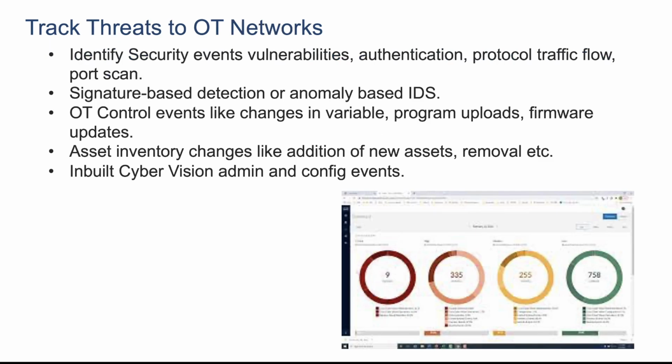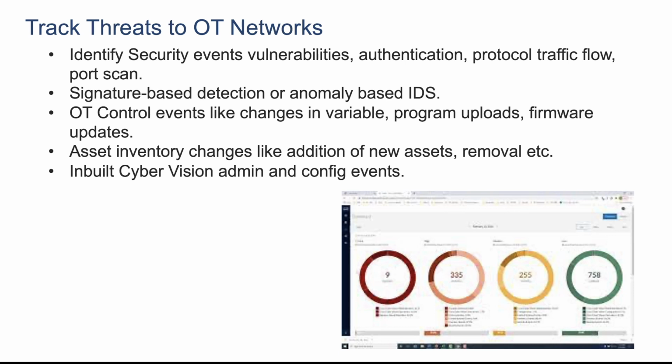Along with this, we require to track any threat to the OT network. So what kind of network is underlying? What vulnerabilities are with that network? Authentication protocol, authentication flows, protocol flows, any port scan that has a detecting signature. Along with this, if we have IDS, anomaly based or signature based detection, this also helps to detect the attack